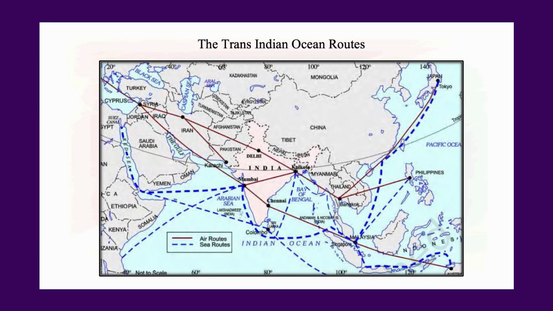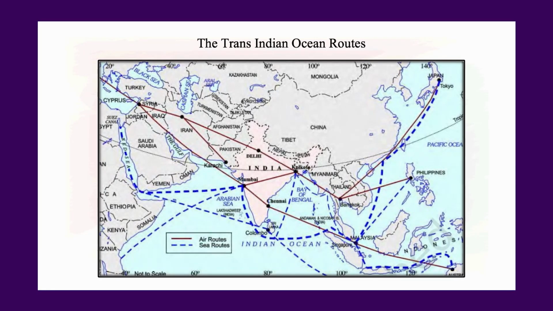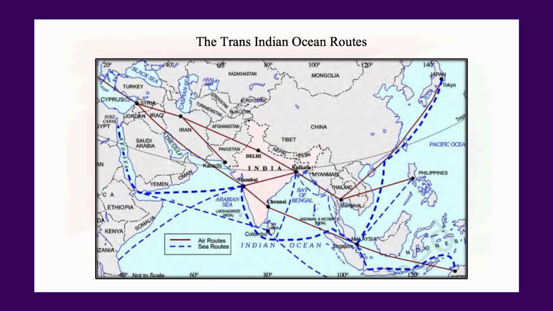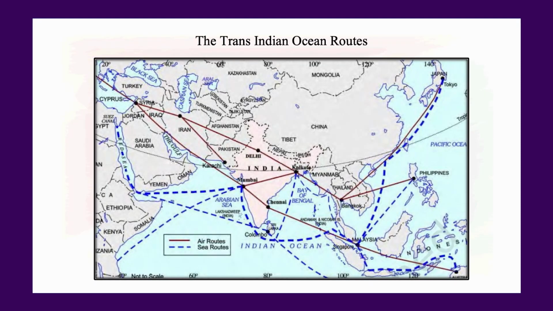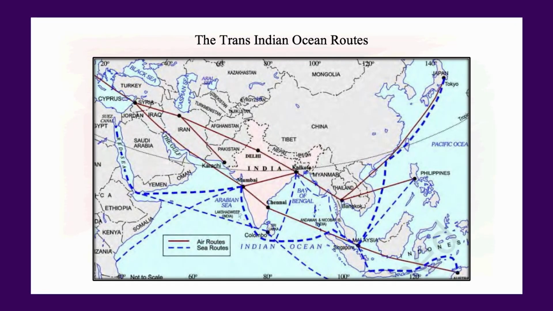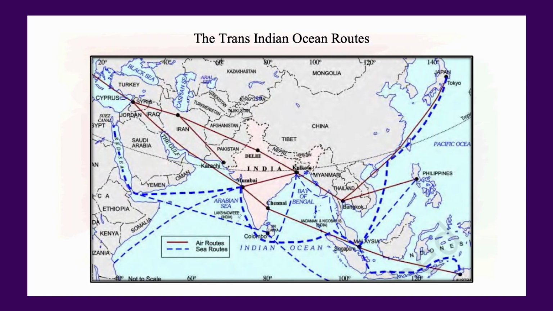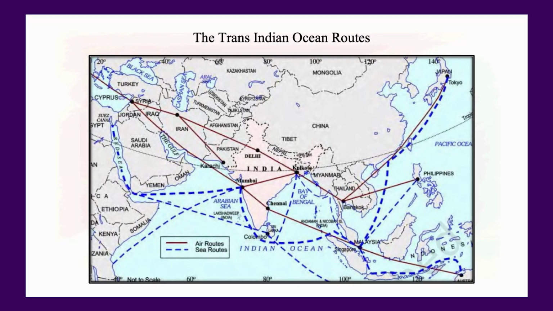India is strategically located at the center of the trans-Indian Ocean routes which connect the European countries in the west and countries of East Asia. India could establish close contact with West Asia, Africa and Europe from the western coast. India also serves as an important transit point for sea routes connecting the two regions, that is, countries of Europe with countries of East Asia.